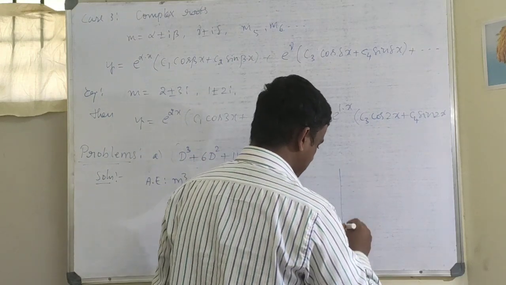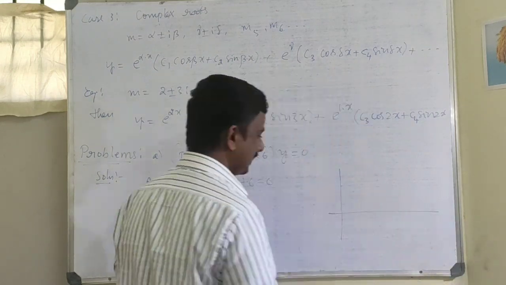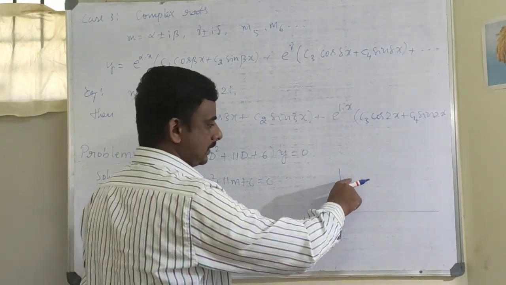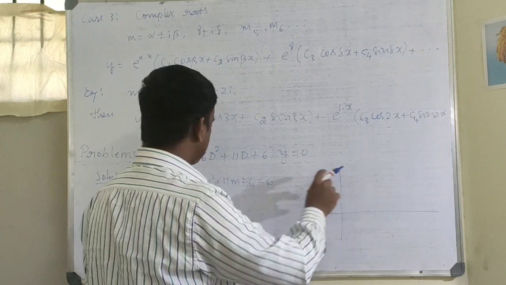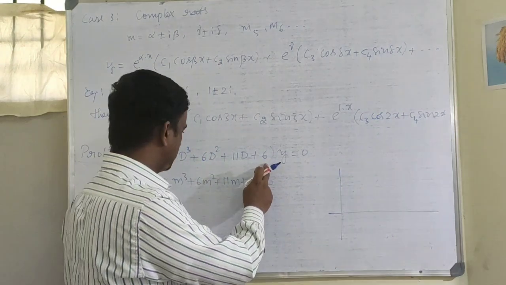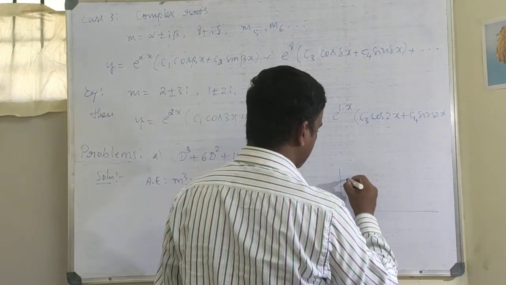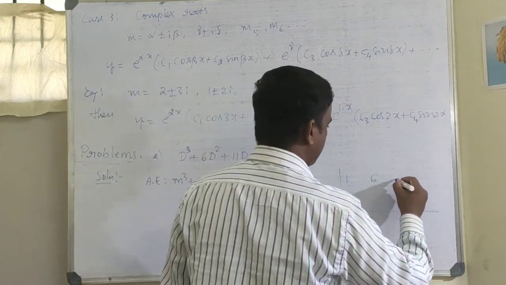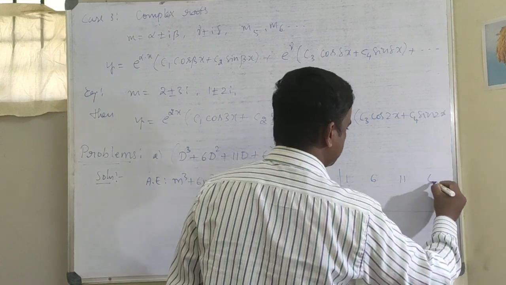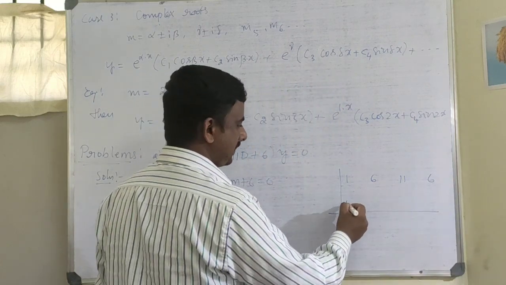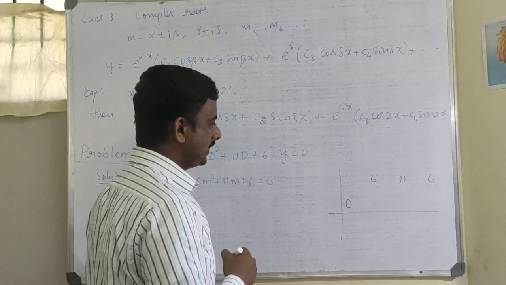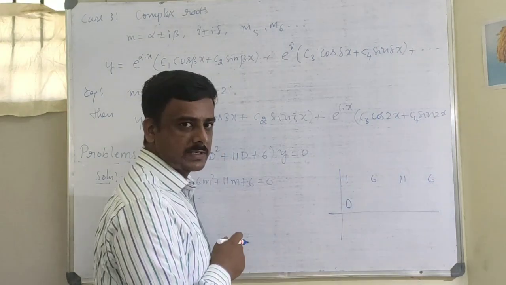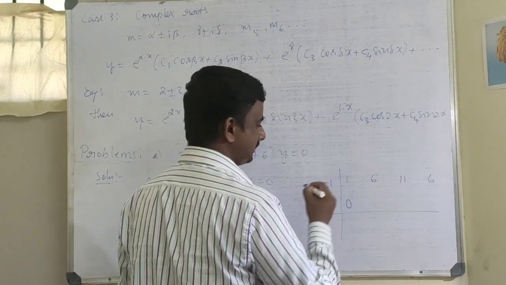So by synthetic division method, you can solve like this. Write two straight lines like this. The first line, write down the coefficients of the given equation. So coefficients start from here will be 1, 6, 11, 6. Below the first entry, write down 0. Now here you can write any divisor of the constant term. So I will take minus 1 here.